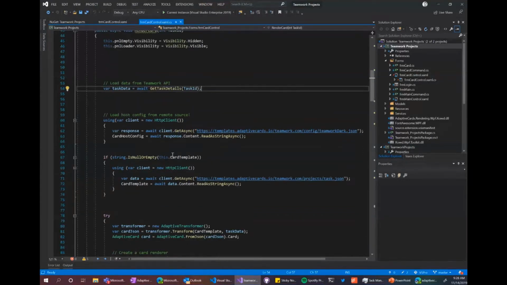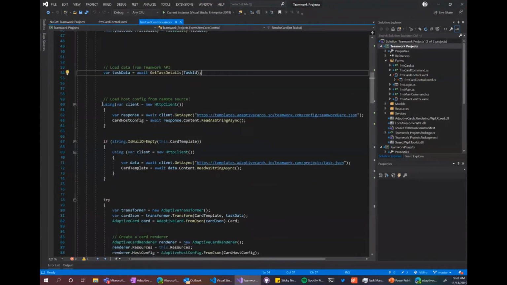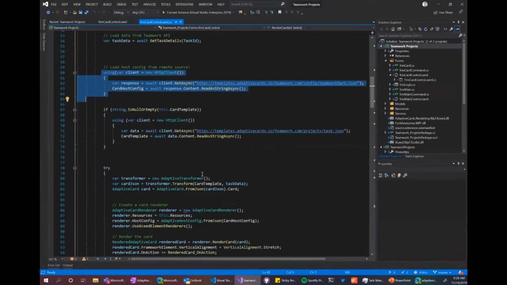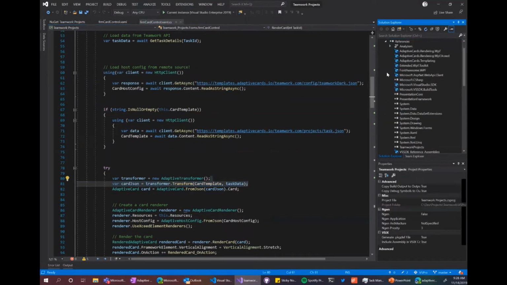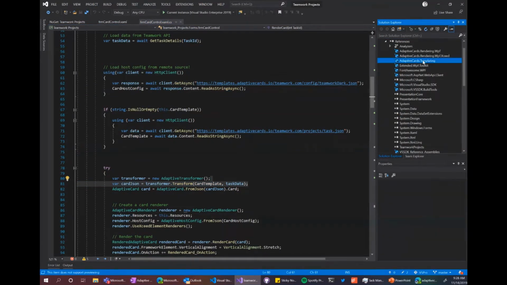Sure, yeah, absolutely. And the talk, again, I'm trying to be somewhat brief here, but the talk will go into these details. But yeah, we basically fetch the template. We install the Adaptive Card Templating SDK. So the docs go into some of this. And there's effectively an NPM package in .NET. There's one in JavaScript as well called Adaptive Cards Templating. And it provides this API.